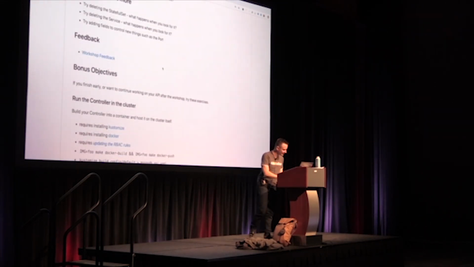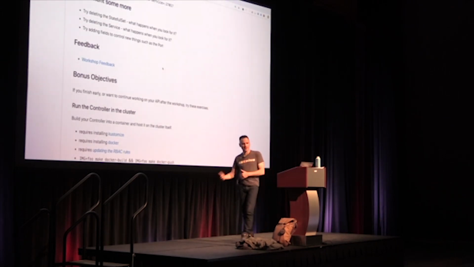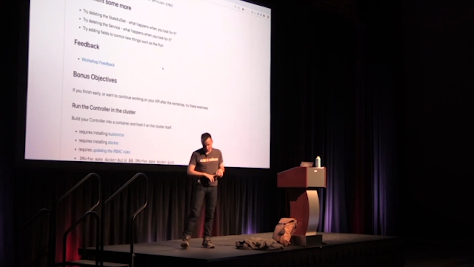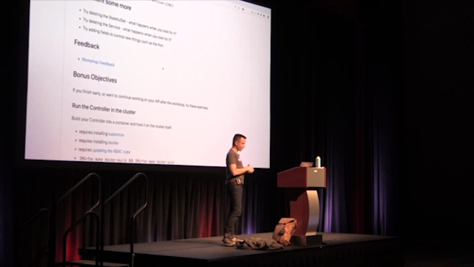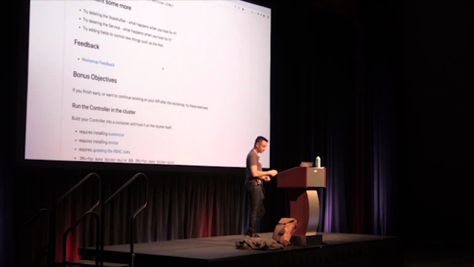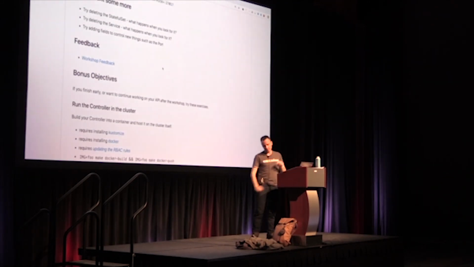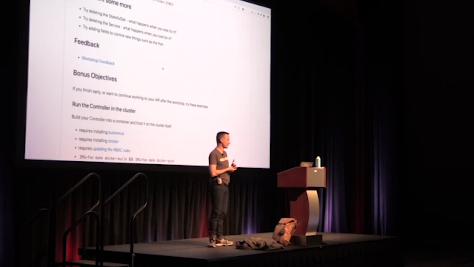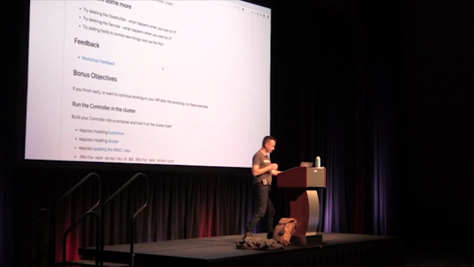Another thing you can do is, I've just specified a couple fields here, the storage and the replica count. But there's other things you might want to control, like the port. And so you can go and figure out how to add a port to the spec and update it. Or another fun thing to do would be, we didn't fill out the status at all, right? And so when I do kubectl get -o YAML,